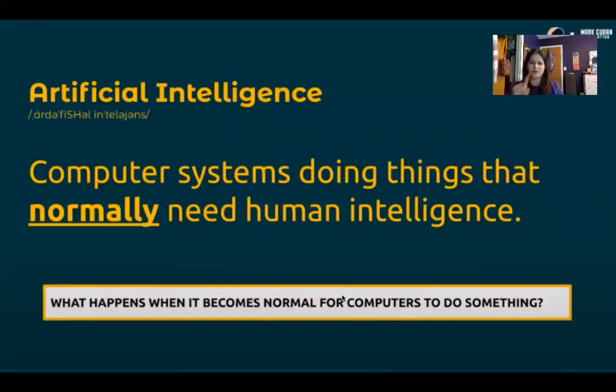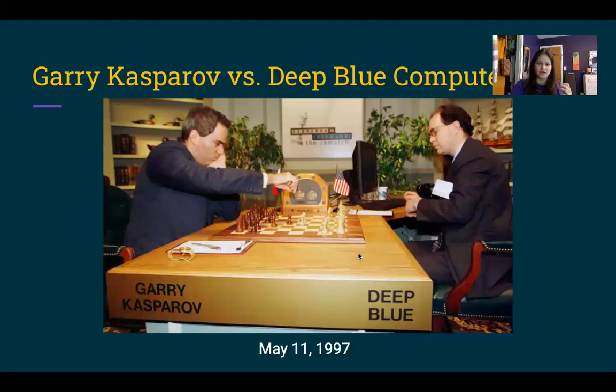So before we move on to that, I think one thing that makes things not necessarily seem like artificial intelligence, like artificial learning, is when it seems so obvious that a computer can do something. For example, this is a picture of Garry Kasparov competing against the Deep Blue computer, which is not the man sitting there. The man is operating the Deep Blue computer.